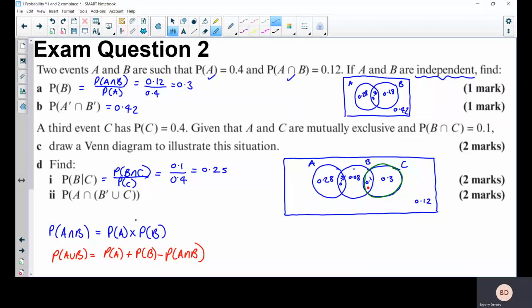Finally, let's have a look at this one. So the probability of A intersect not B union C. So this is where your shading from previously in the chapter comes in. Let's look at not B union C first. So not B union C. Well, that's going to be